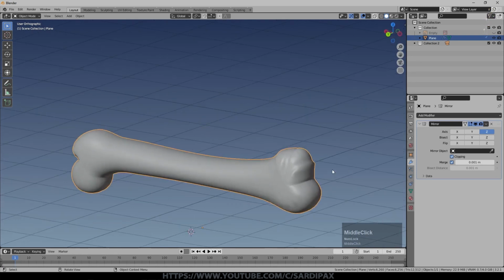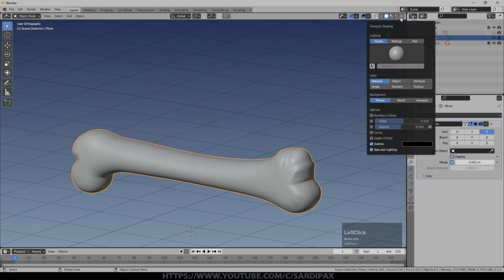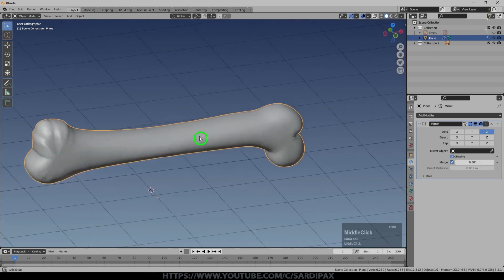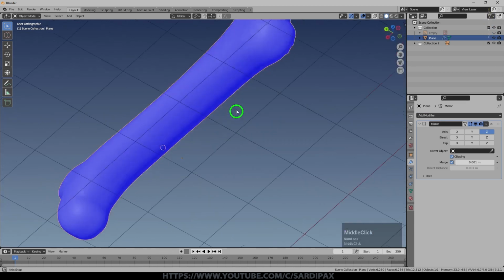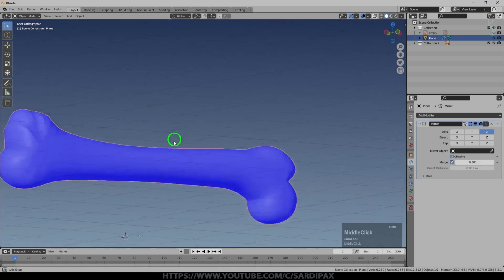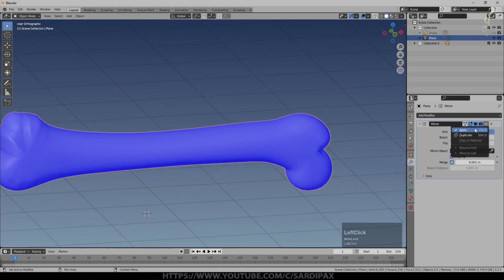What I was just doing there was making sure that the inside was on the inside and the outside was on the outside. So on that subject, I'm going to turn cavity on because it makes things easier to see. And then we're going to go up to here and select face orientation just to make sure we've got blue everywhere, which means we're only seeing outside faces. We are, so I'm just going to apply that now.